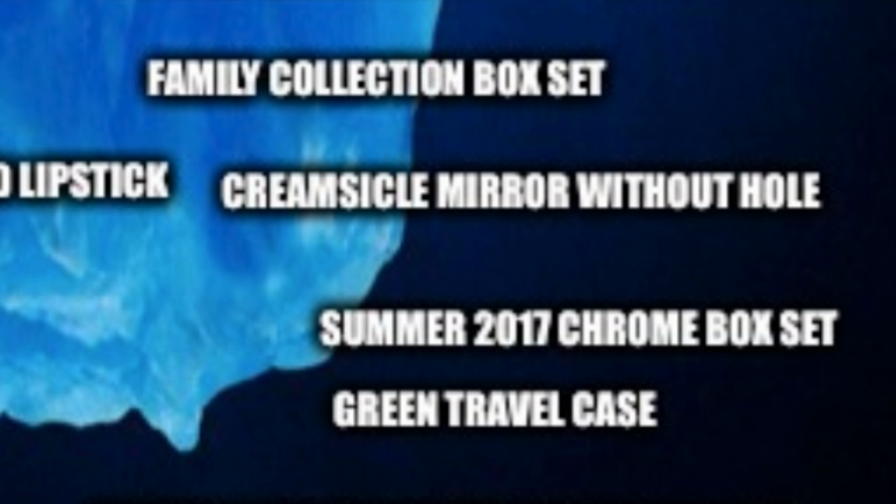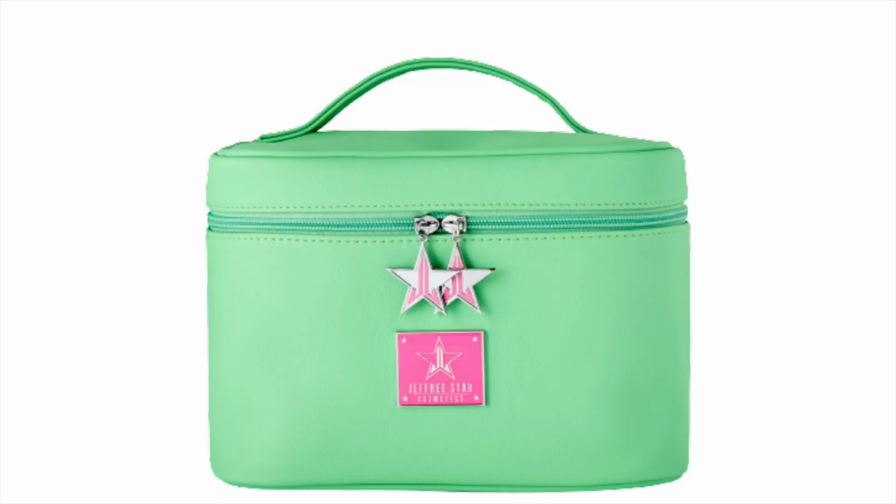Next, we have the green travel case. I'm not talking about the re-release, I'm talking about the original with the pink emblem. This one is very hard to come by because the re-release did kind of water down the market. We're searching Jeffree Star green travel case. That one is what will come up. So getting the one with the pink emblem is harder. So that's why I've gone ahead and put it lower on the Iceberg,